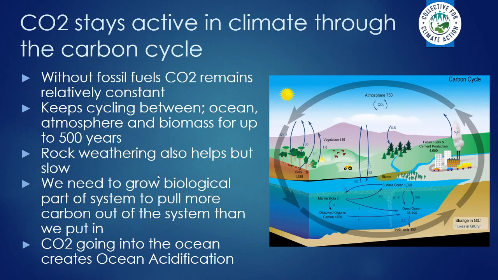There is rock weathering that helps this out, and that's a really permanent way to pull carbon dioxide out of the atmosphere. There are certain types of rock which react with CO2 to form solid products which won't allow CO2 back into the carbon system again. But we need to grow the biological components of this, so make healthier soils, healthier oceans, healthier forests and grasslands, to try and make sure that more of this carbon going back down into the natural system stays there.